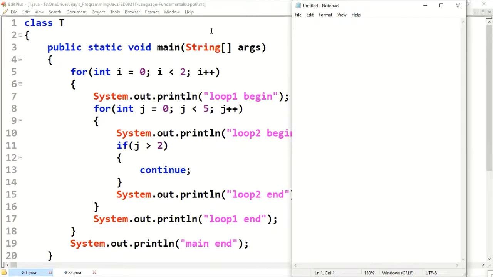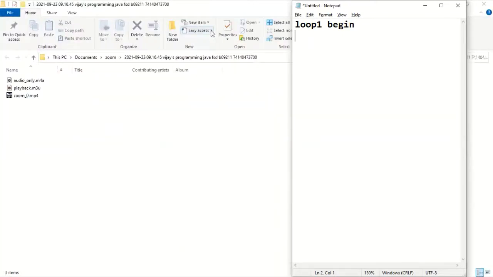Initially, outer for loop, i will be initializing to 0. Loop 1 begin. Inner for loop, j will be initializing to 0.